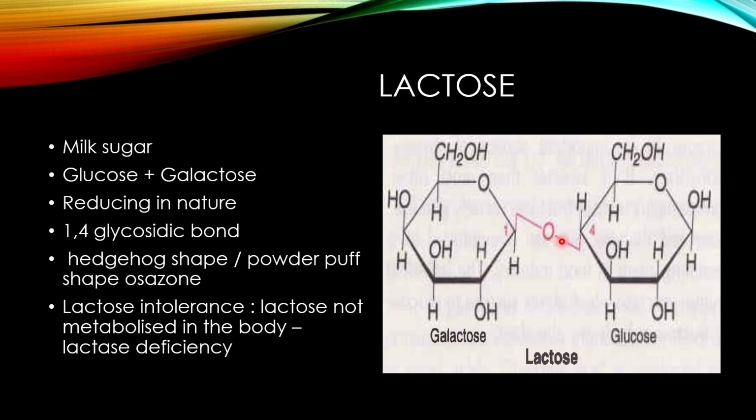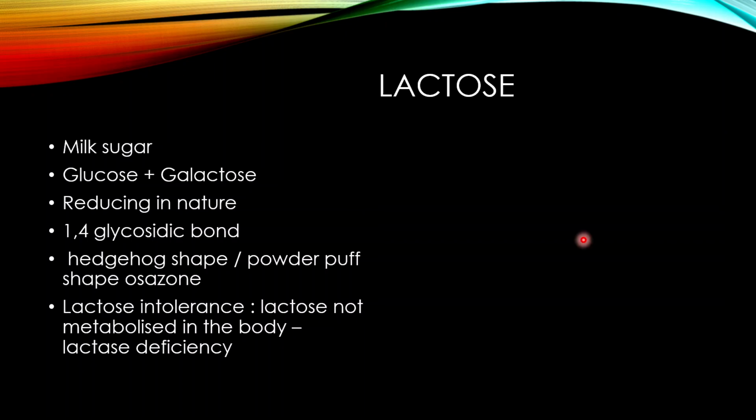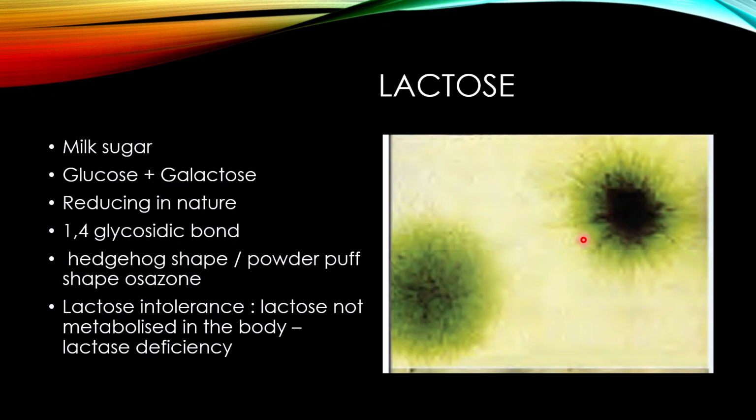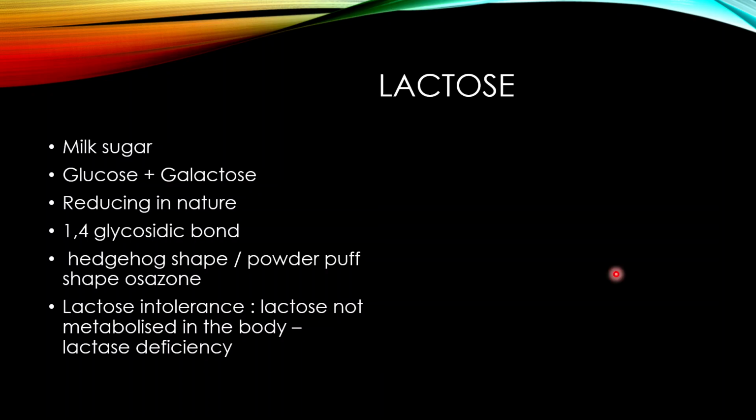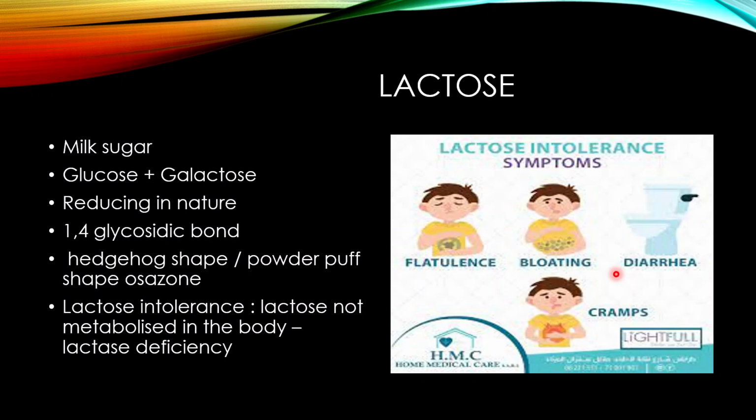Okay, the bond is 1,4. The first carbon atom of galactose binds with the fourth carbon atom of glucose. Now lactose forms an osazone, which is a hedgehog or powder puff shaped osazone. Now lactose is associated with lactose intolerance, the symptoms of which are flatulence, bloating, diarrhea, cramps, and stomach